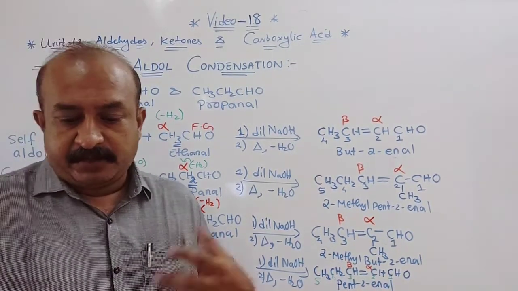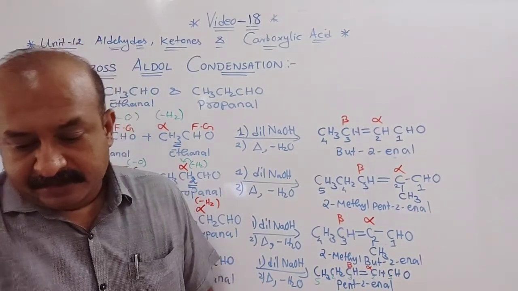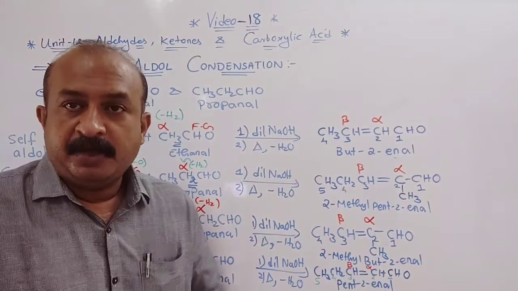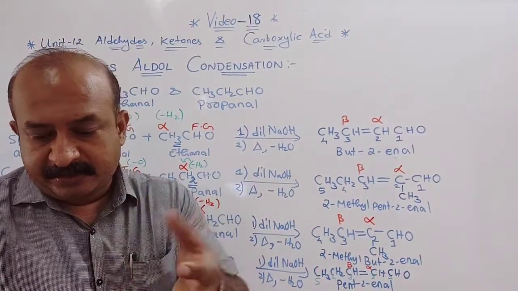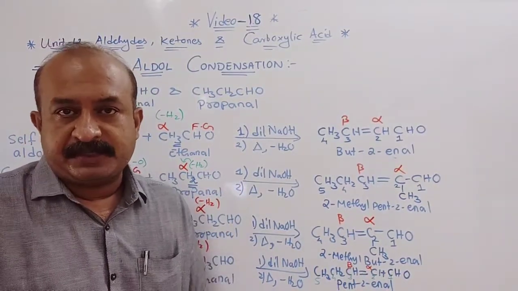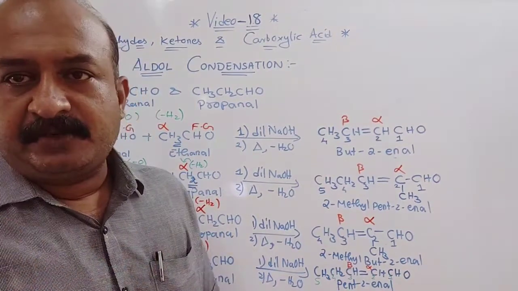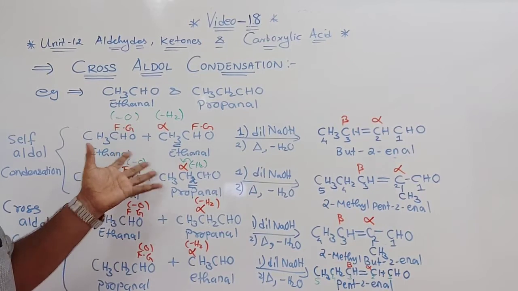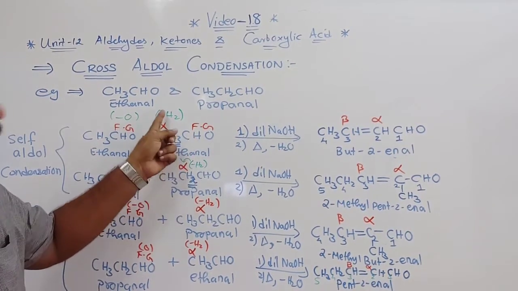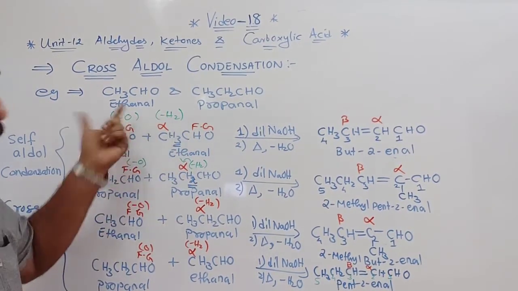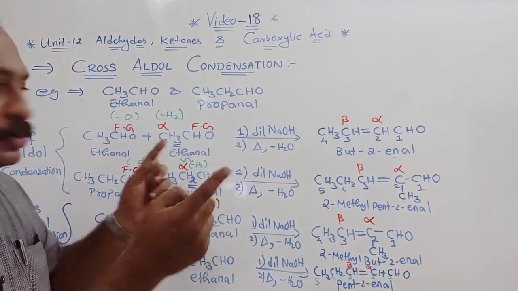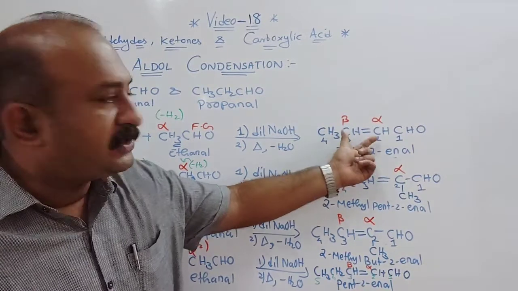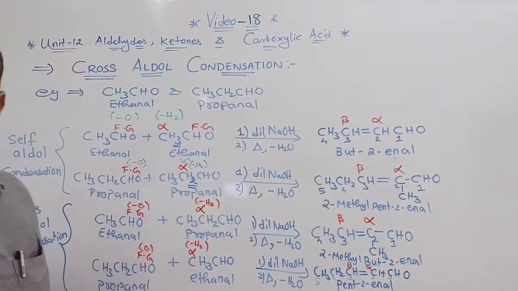If you want, we can take one more example and understand this cross aldol. In your book they have taken a ketone: one aldehyde and another, a ketone. So I think this part is clear to you. From the functional group, anyone you can select like this. From the alpha carbon you have to remove 2 hydrogen, and from the functional group you remove oxygen. Join both carbons from where you removed them. So this is the alpha and beta carbon.